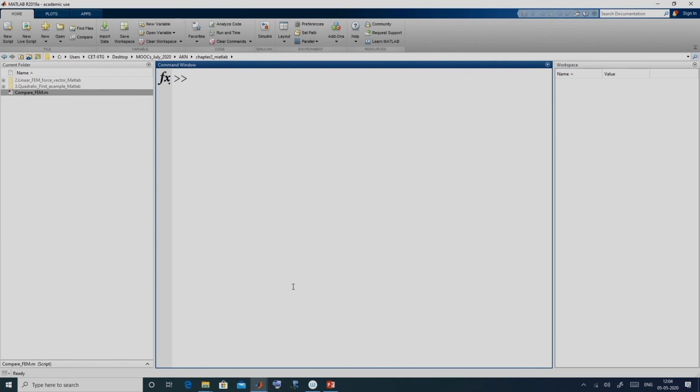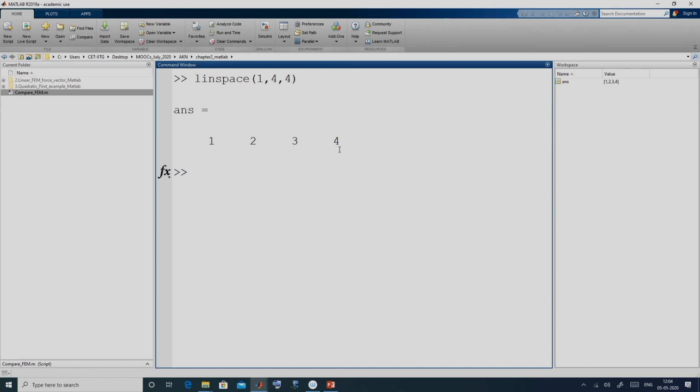For example, if we give linspace 1 to 4 with 4, that is the start point is 1, end point is 4, and we want 4 equispaced points, then these are